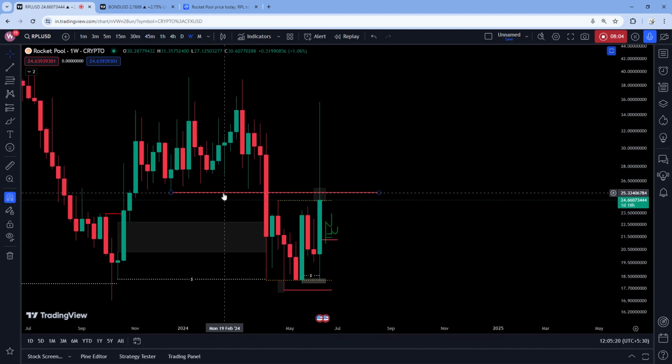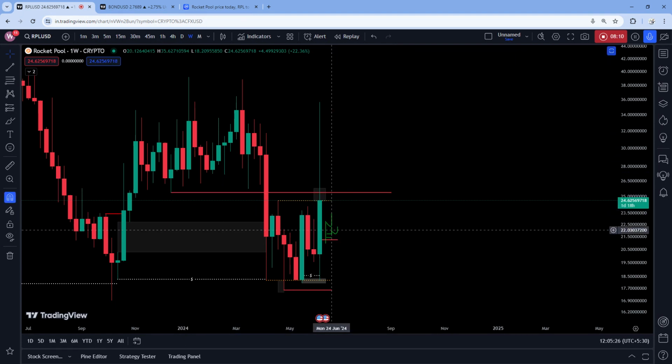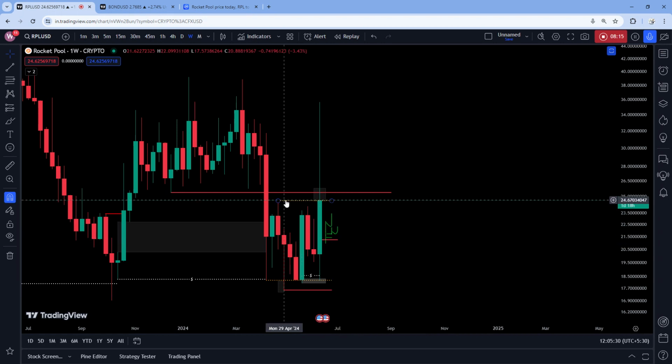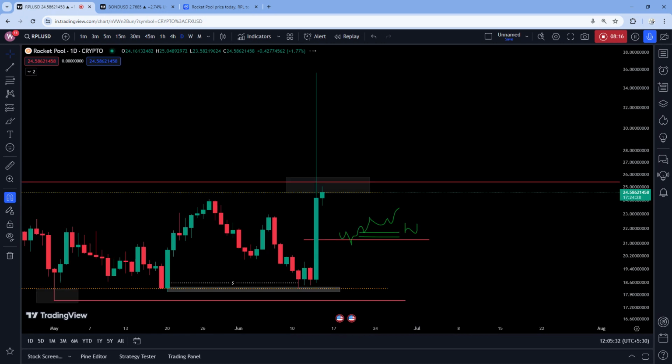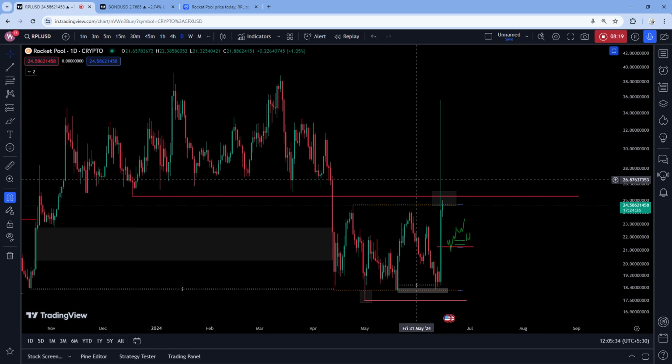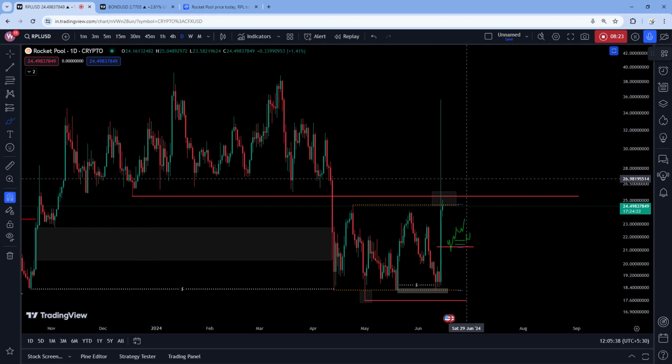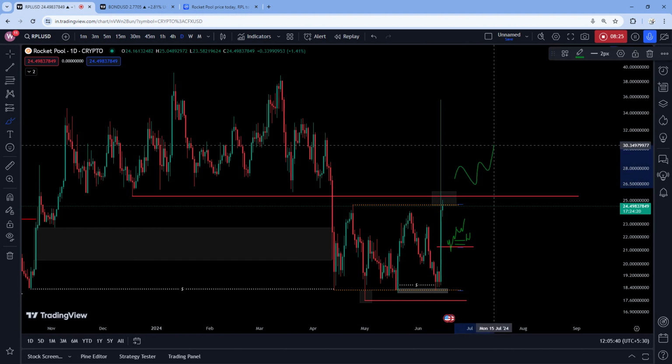In case the weekly time frame closes above this range, that will also invalidate this bias of price coming to the 0.5 level of this range. Or if we break above this red line on the daily time frame and start building some range here,